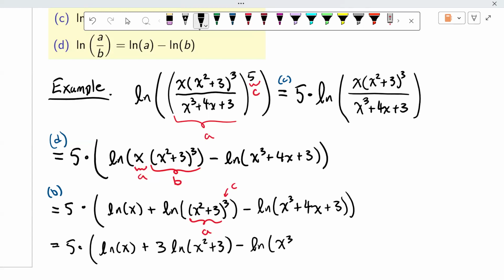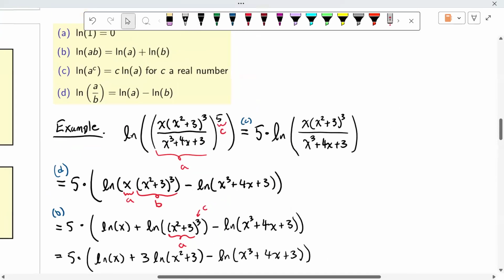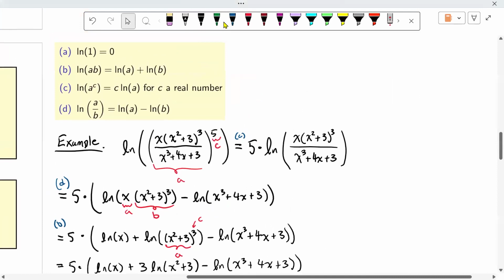Now, actually, this expression here at the end is a bit nicer for some computational reasons. One is that division in general is a terrible operation to perform. Division is never any fun. Multiplication is difficult too. Addition and subtraction, those are nice. What natural logarithm allows you to do is convert complicated multiplications into additions.